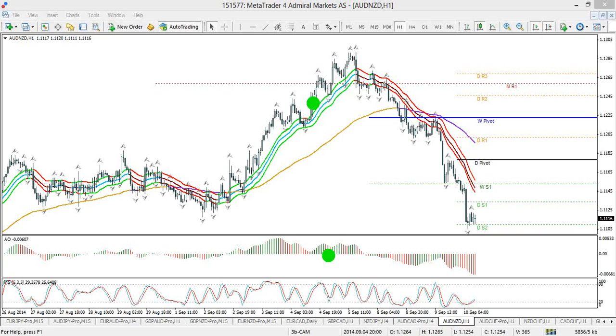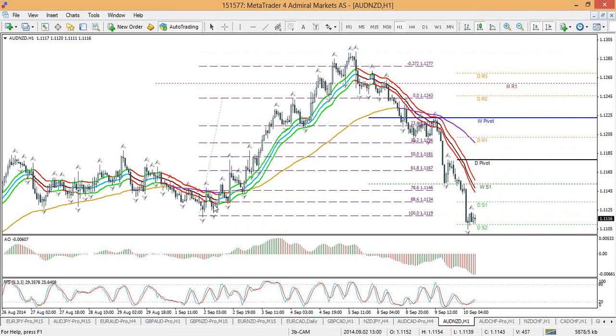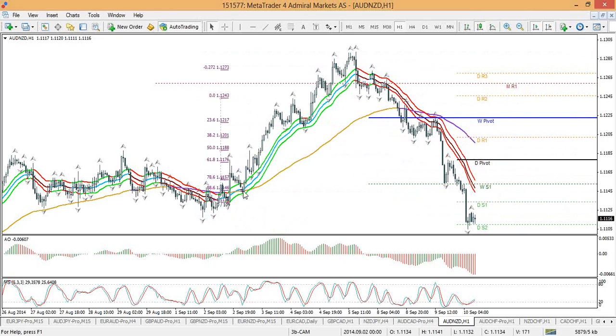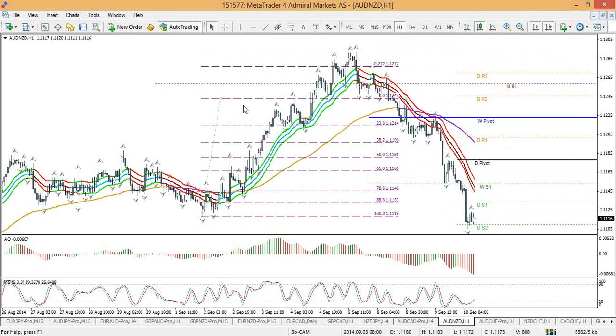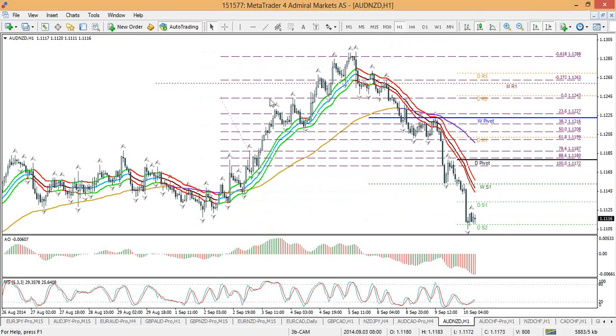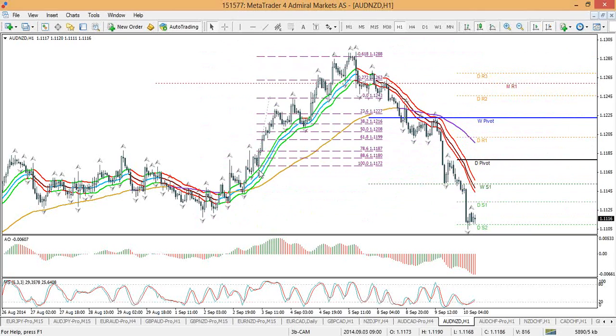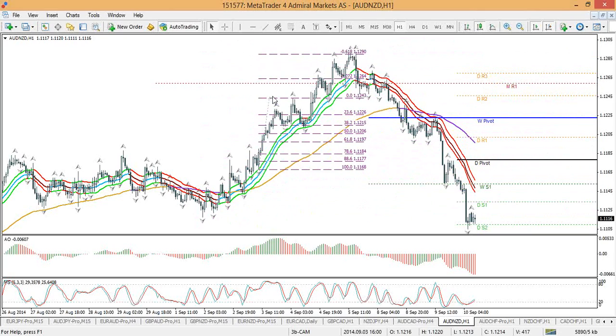As I said, you have to keep an eye on the AO for some estimation of how far it can go. When you already made a decent move up like this, this could sometimes be shorter lived. And one way of having a bit of an estimation is by, for example, using a fib. Now, which fib to use? Probably have to use a lower time frame actually to establish the best fib. But roughly, if you probably use a 50-minute fib, it would have been probably this fib. I estimate roughly, not 100% sure. If it is indeed so, we can take a look. Why not? If it is indeed so,